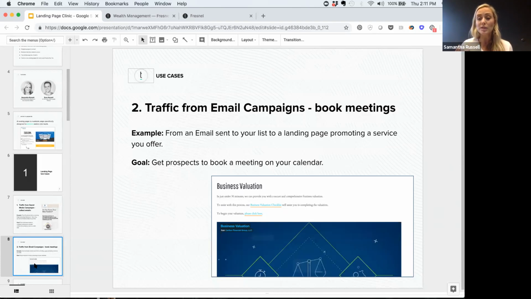One of the great things about landing pages, though, is that you then have this page set up that you can use in multiple iterations. And also for tracking purposes, you're going to get to see how many people, even if they don't book the meeting, click the link because they're interested. So then you can gauge, all right, so I sent this email to 100 people, 50 people clicked the link. I can track that in my Google Analytics. And of those 50, 10 people actually booked the meeting.